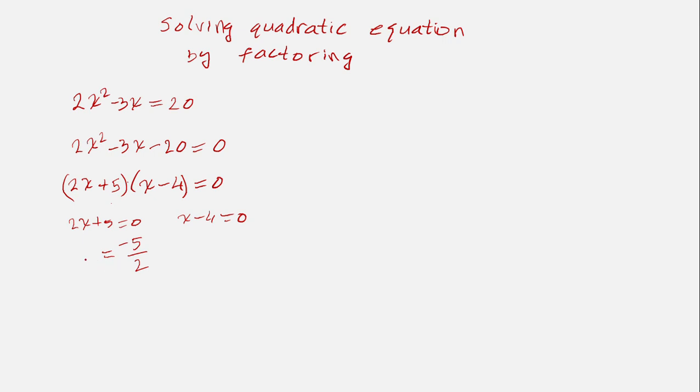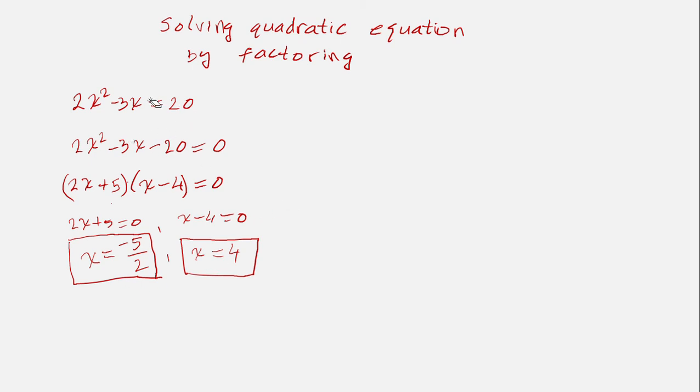So that's one of our roots, our solutions. And then here, when we move 4 to the other side, we end up with x equals 4. So here are the two solutions, 2 zeros, 2 x-intercepts, 2 roots, whatever we want to call it. And we obtain them by